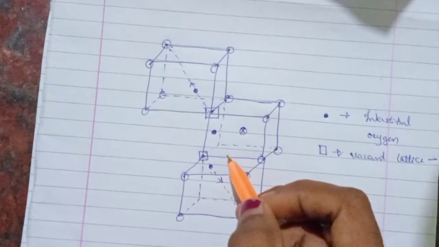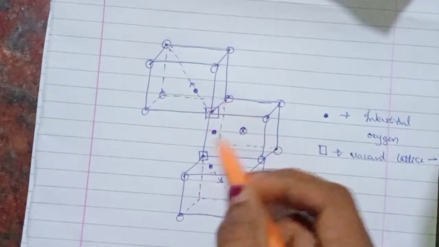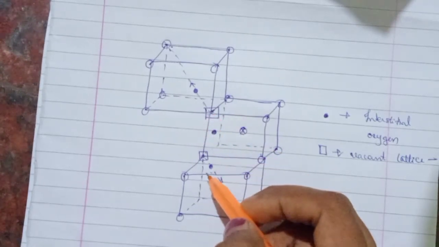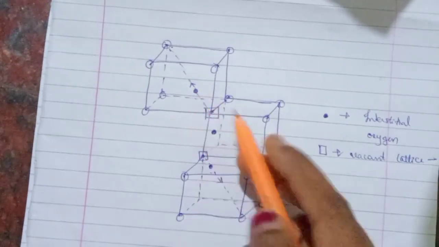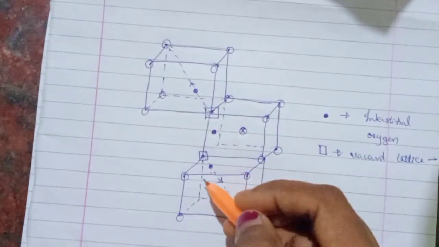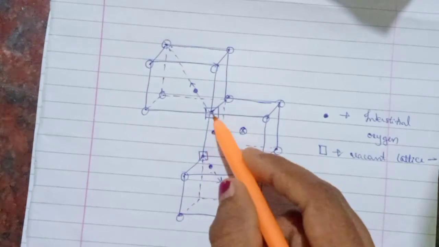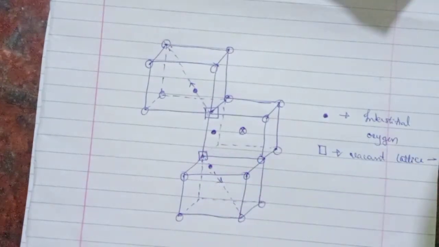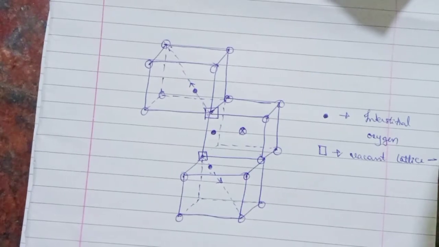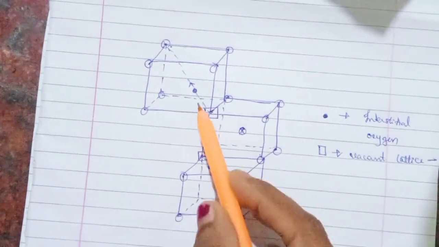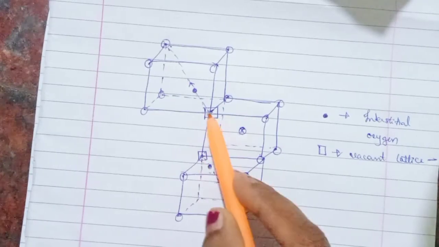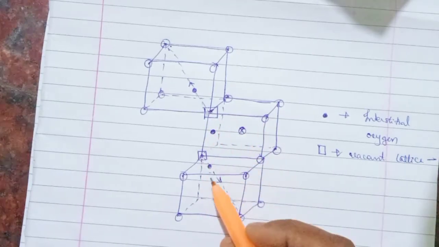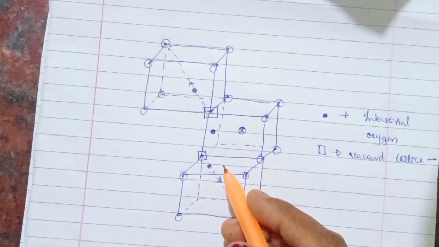So the neutron diffraction study says that in the defect structure we have 3 interstitial oxygens. One is this, one is this, and one is this. This is proved by the neutron diffraction study. And also there are 2 vacant sites, obtained by the neutron diffraction study. So the neutron diffraction study shows that there is a presence of 3 interstitial oxygens, 2 vacant sites and 1 interstitial site in the defect structure of UO2. This is confirmed by the neutron diffraction study.